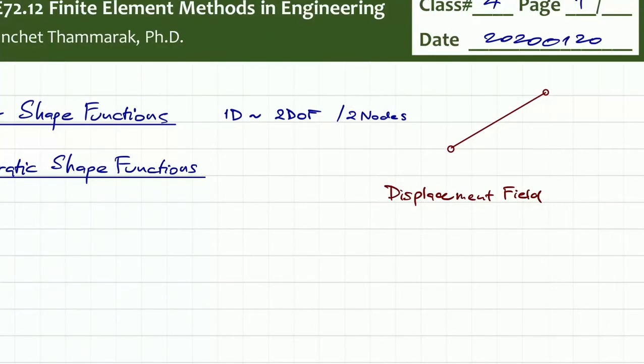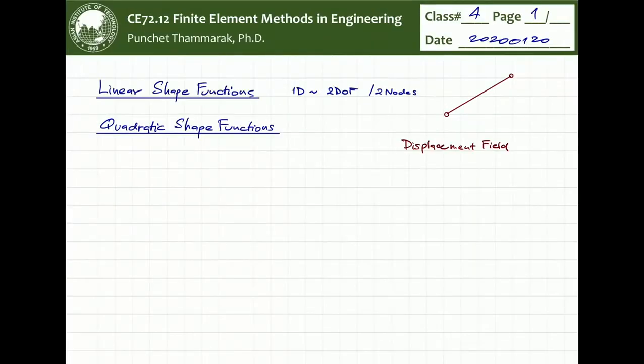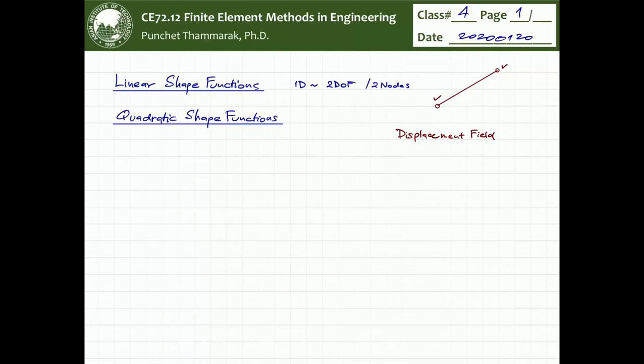So the displacement field that is approximated by the linear shape function, you need just 2 points, 1 and 2. As you know the value at these 2 points, you'll be able to approximate the solution elsewhere within a member, within that particular structural element. Right. But now, if you want to capture the curve like this,